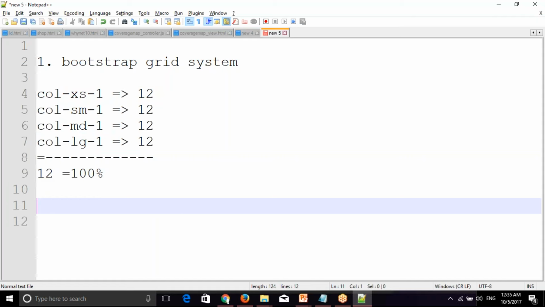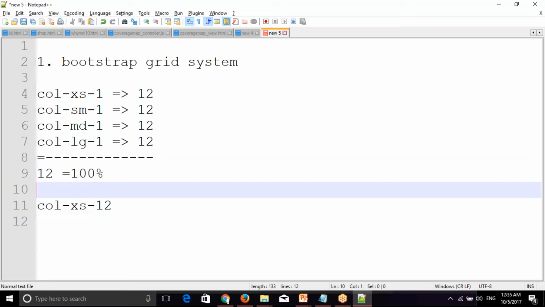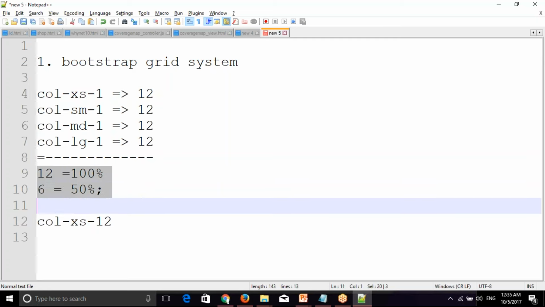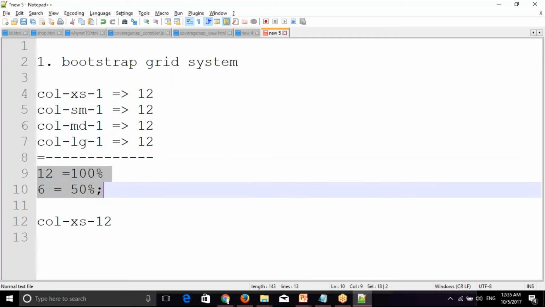If you go with any of the 12 series, either col-xs-12 or col-sm-12, anything, it will give the width as 100%. That's the advantage. Then 6 equals 50%. That's how the calculation is divided in our grid system.